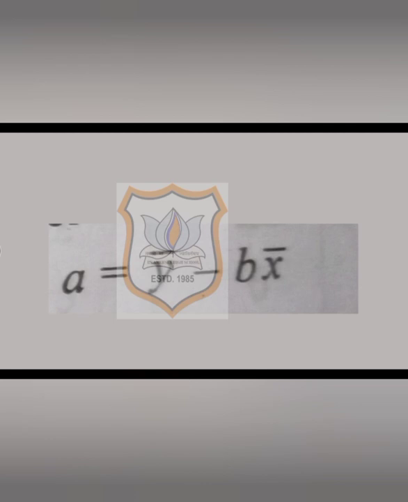Now after finding a and b, what are we supposed to do? We will substitute the values of a and b in the equation which we had written earlier, that was y = a + bx. After substituting the values, we can find the value of y, and that value of y can be found for any value of x. In the next session, we are going to do the sums based on this formula.